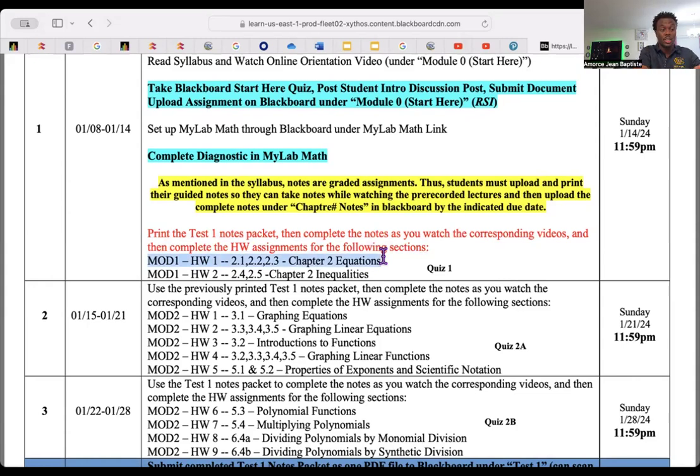The same way it's written on your schedule of activity, that's the way it's going to be written on Blackboard. Then you watch the video for module 1, homework 2, you take notes, and then you go on MyMathLab to complete the homework. And then after that, you take your quiz.